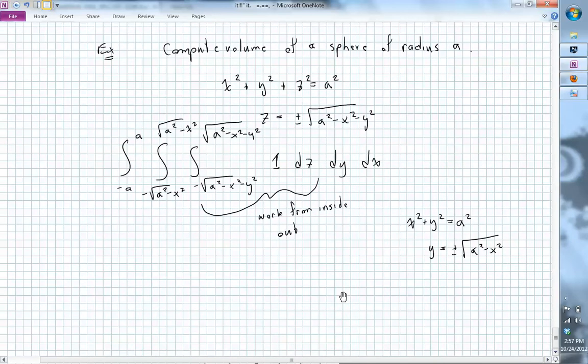What's the integral of 1 with respect to z? It's just z, right? And then you plug in the limits and subtract, and so that integral just falls out to be